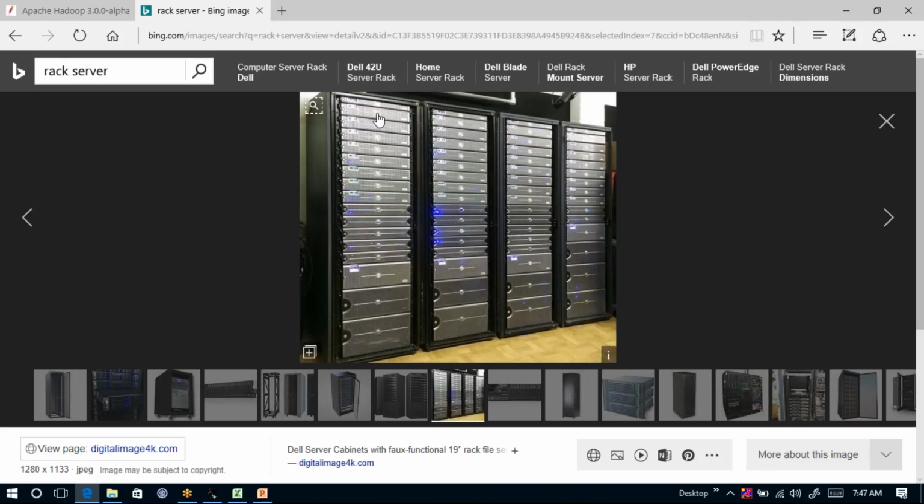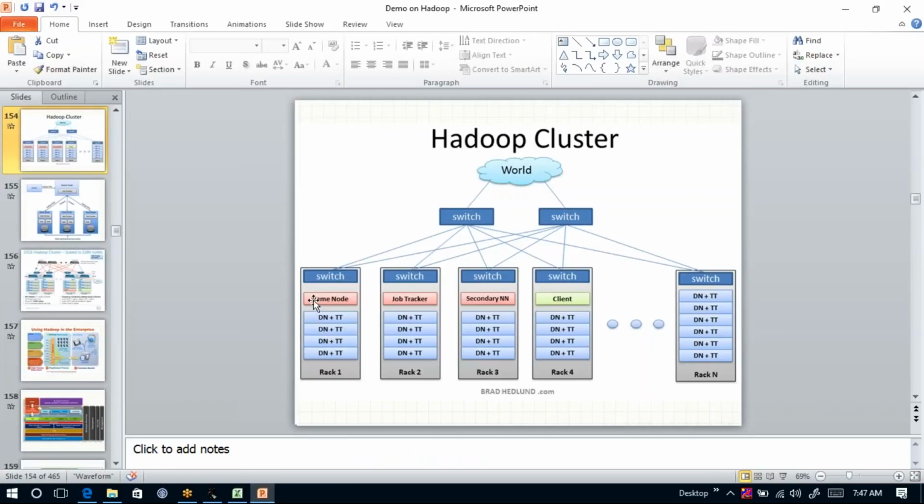Yeah, I can see that. So all these machines which are lying there horizontally, is one of them part of the name node, for example? Yeah. Now let us come back to this one. One node, I mean one server, is the name node exclusively. Just one machine out of the rack, exactly. Whatever you are seeing here, small DN plus TT, DN plus TT, that is data node plus task